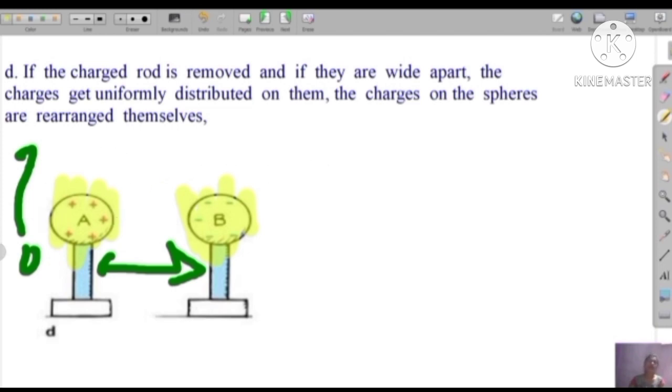So if I ask you what is the charge of body A, you will tell me this is a positively charged body, and what is body B? Definitely you will tell me body B is negatively charged. By this, what have we done? We have made body A a charged body and also body B a charged body, with respect to positive and negative charges. Is it clear? I hope you have understood.